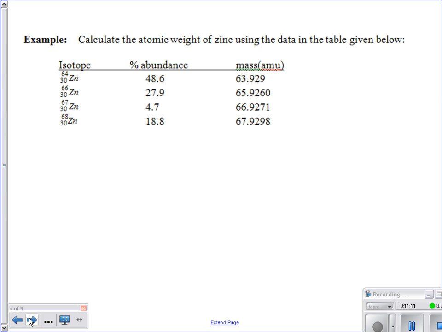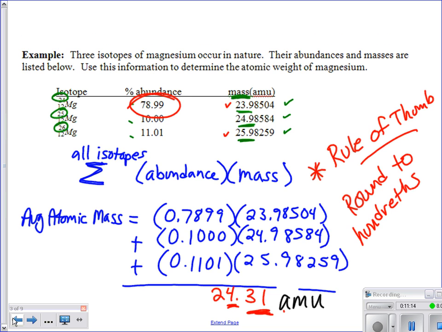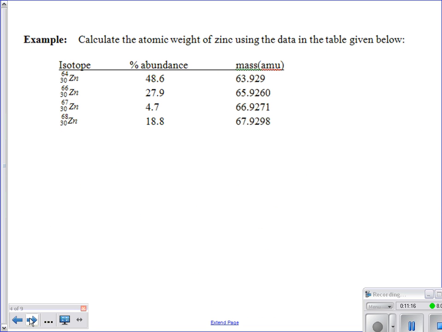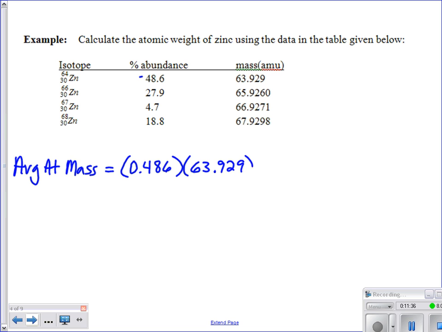We go through, notice I did it kind of in a table format here. Maybe I'll do this writing it out more in a line. But our average atomic mass is equal to, I'm going to take my abundance, that is decimalized, I've divided by 100, multiply it times my mass. I'm going to do the same. I'm going to add it to the next one, 0.279 times 65.9260 plus,